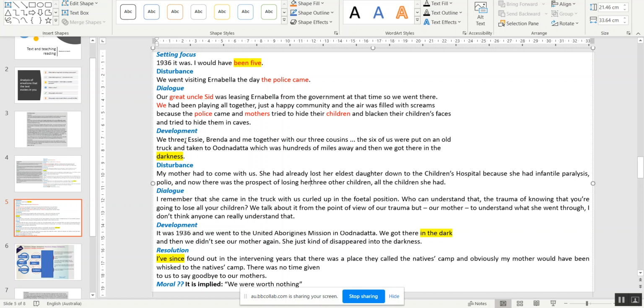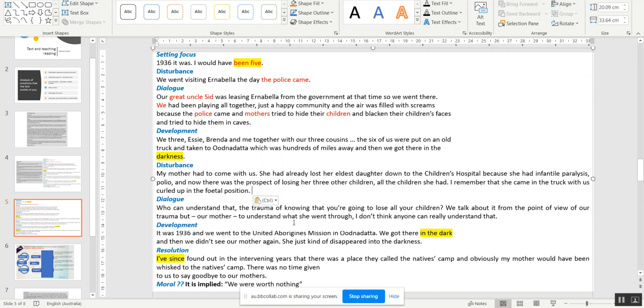Okay, so with 3 cousins, the 6 of us were put on an old truck and taken. Well, my mother had to come with us. She had already lost her oldest daughter. So is this a disturbance, really? Have 3 other children. I'm just reading it, sorry. Yeah, so maybe the fact that she was